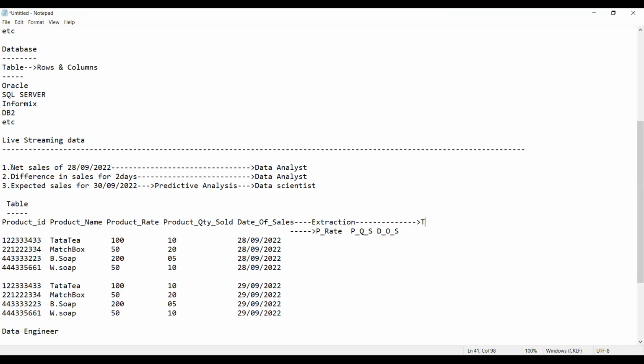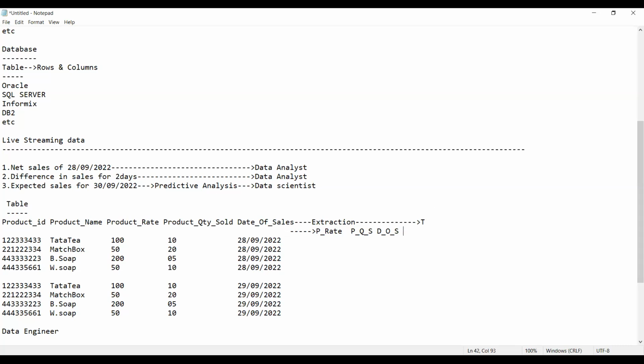What is my requirement? My requirement is finding out the net sales amount. Am I right, guys? Yes. Okay, my requirement is to find out the net sales amount. So for that, what is it we need to do? So here we have to move further in this way. That means to find out the net sales amount, I have to perform some calculations. Getting my point? I require some calculation.